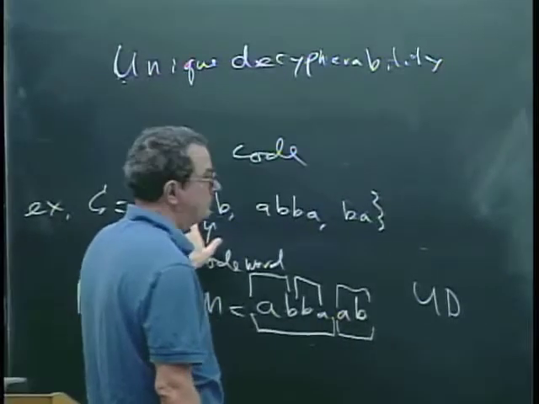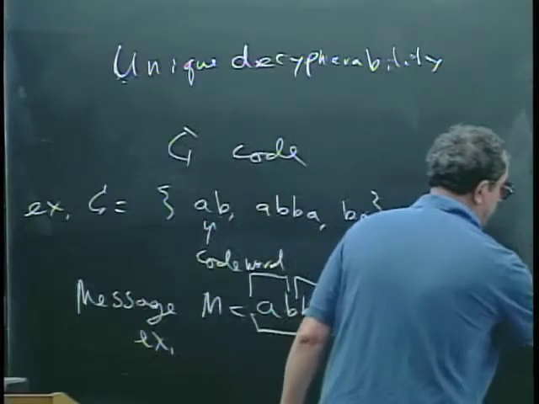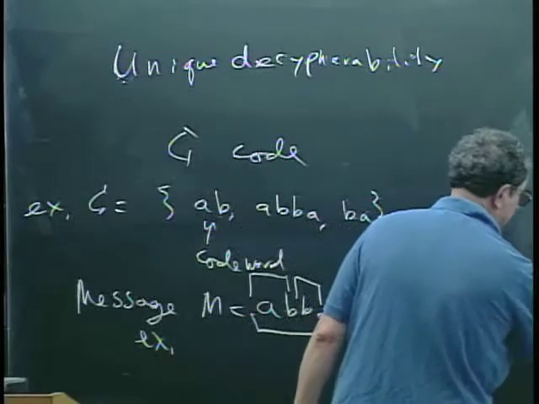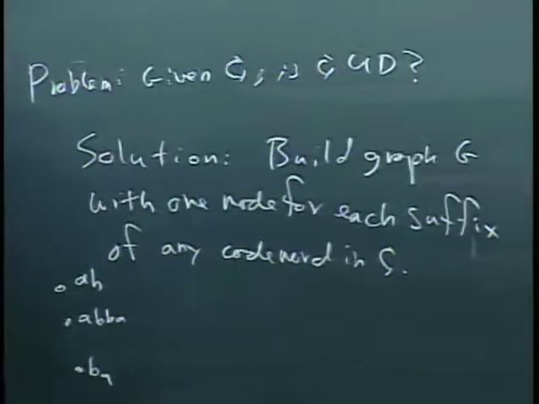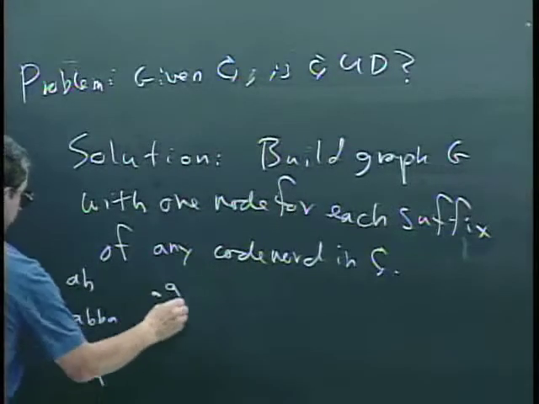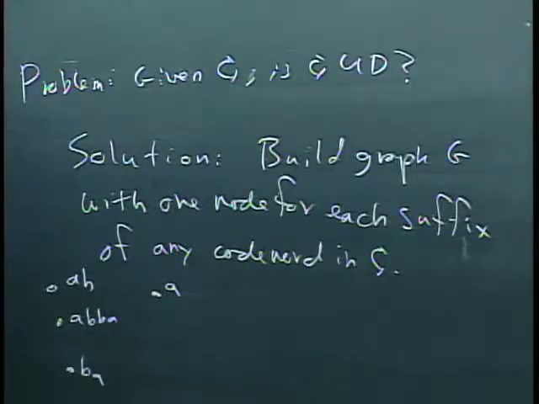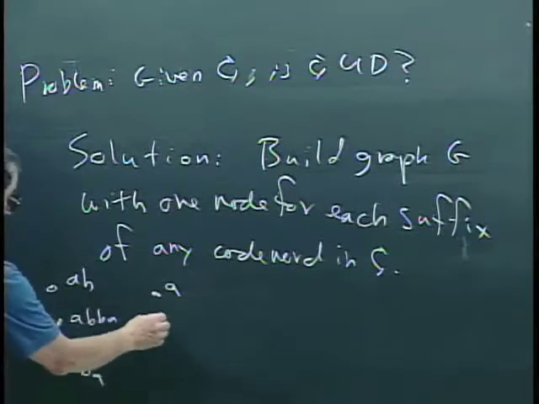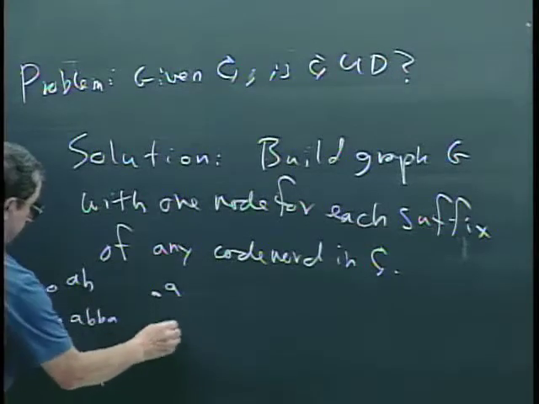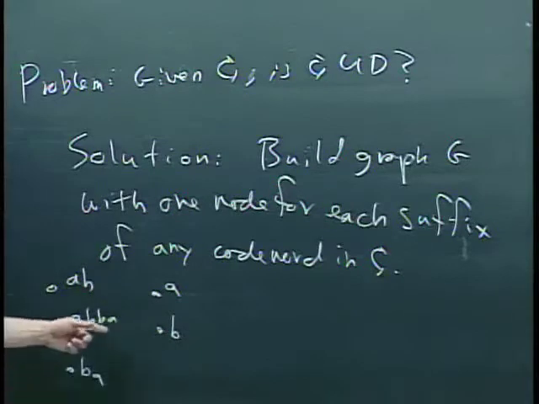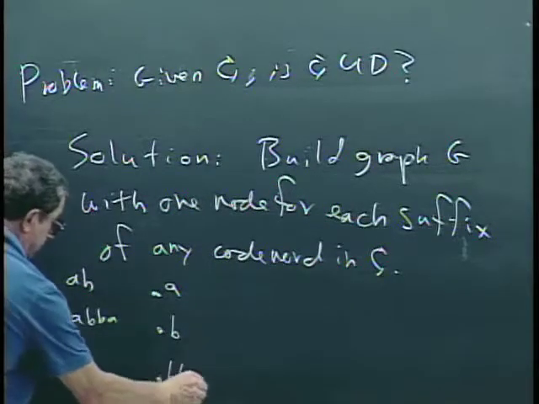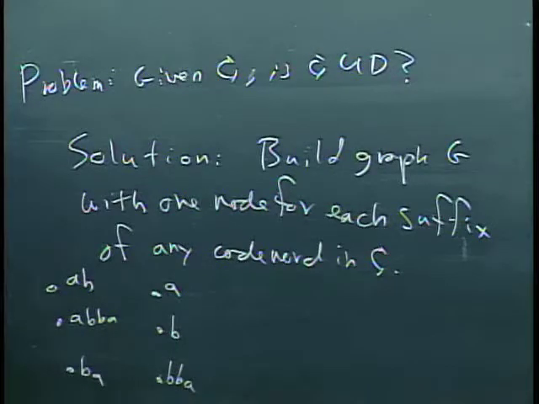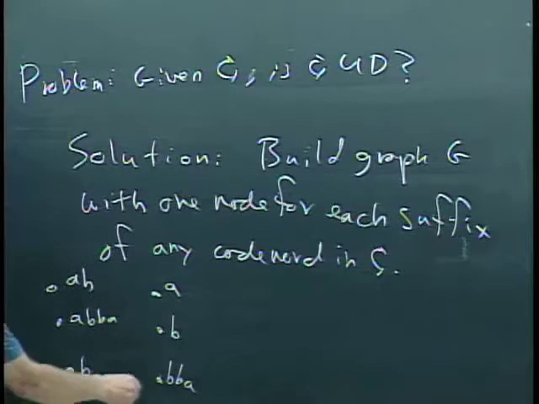So let's just do this little example. AB, ABBA, BA, and then we would have suffix A, which is not in here, and suffix B. Okay, BA is already there. BBA is another suffix, and that's it, right? So these are the ones for the code words, and these are suffixes that are not